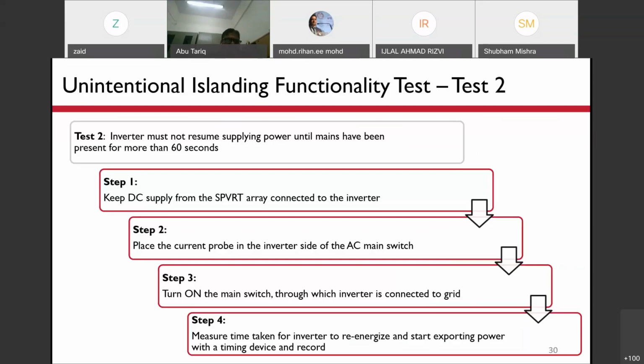For this, again, we shall keep the DC supply from the SPV array connected to the inverter. So power is coming from the array to the inverter, and we shall place the current probe in the inverter side of the AC mains. Output of the inverter, across that we shall connect a current probe that measures the current. Now